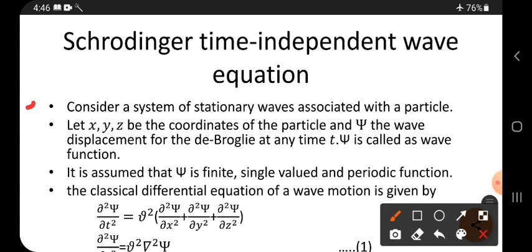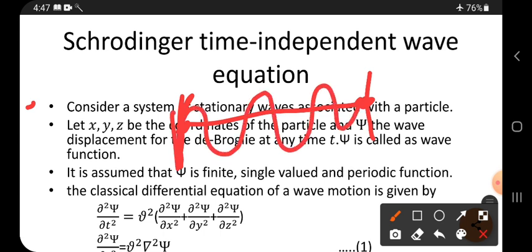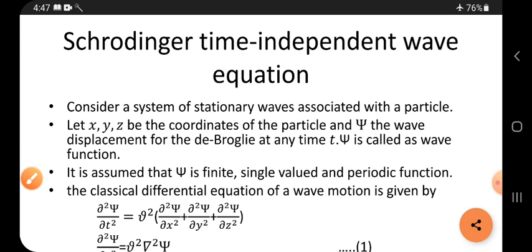Right, stationary waves. Here the stationary wave means, for example, let here be a wall or a substance. To it one thread is tied, one end of the thread is tied, and the other end of the thread you are holding like this. Suppose you move this end of the thread up and down, then what happens? Waves form like this, and also like this. Such waves are called stationary waves, right?